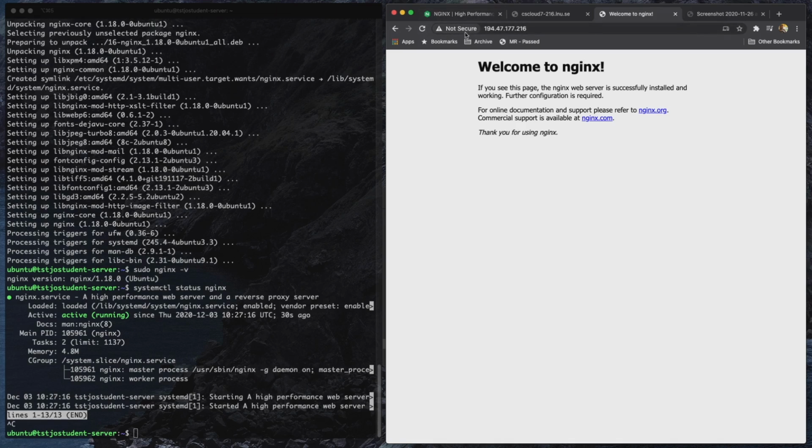We can also see that it's not secure. We're not serving this over HTTPS at the moment. Of course, we can also do an NS lookup just to learn that command. So if we want to know what DNS name is corresponding to this IP address, we can do an NS lookup by providing our